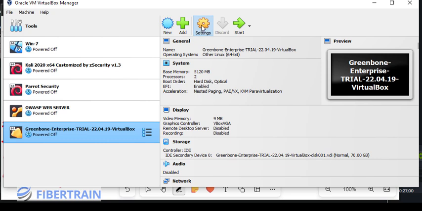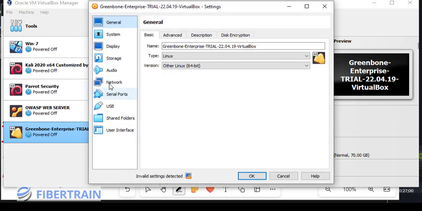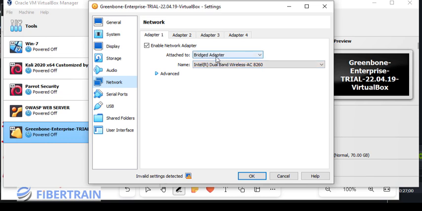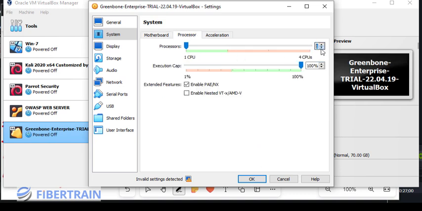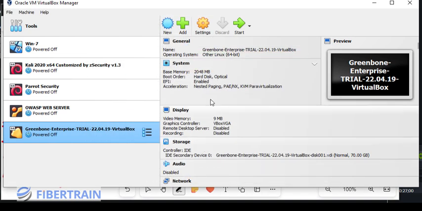So I'm going to go to settings, and the first thing I do is go to network and make sure that the Greenbone is on bridge adapter, because I want it to be able to access my laptop and vice versa. Once that is done, we also go to system, and in here I'm going to reduce this from 5 gig to just 2 gig, which is 2048. And for the processor, I think I can give this guy 1 CPU, because this system has only got 4. Okay, and that being said, I'm going to click on OK, and then it's time to power on this guy. So click on Start,